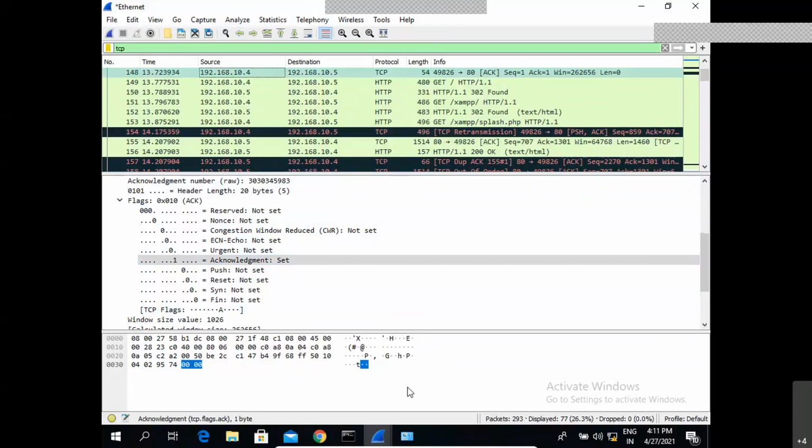So I will use this TCP three-way handshake communication for scanning techniques also. That is where understanding this three-way handshake is very important. Whenever I'm initiating a communication, I'm using a SYN packet. If I'm getting a reply from the server, it is SYN plus acknowledgement. That means if I get an acknowledgement from the server, I understand that the particular system or the web server is up and running and it is giving an acknowledgement to me.